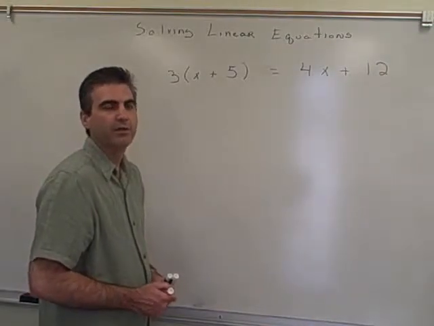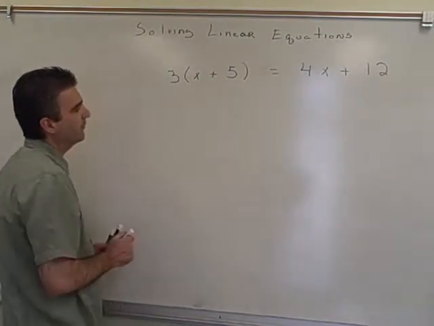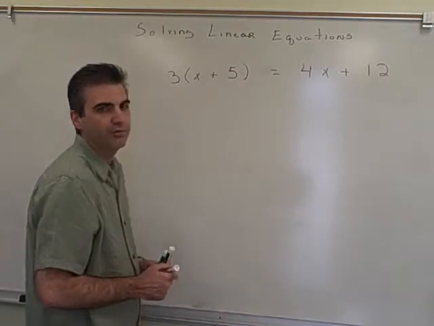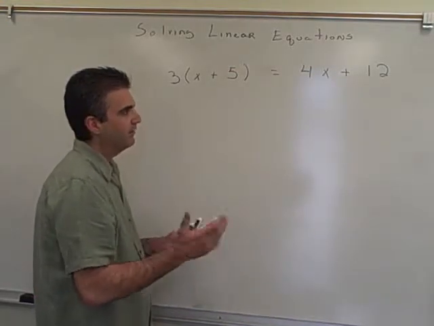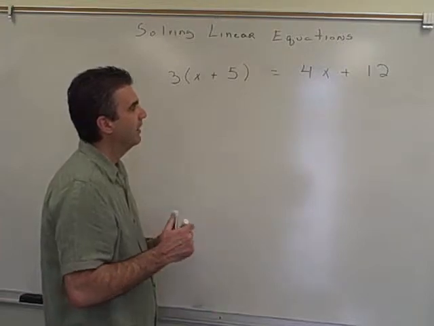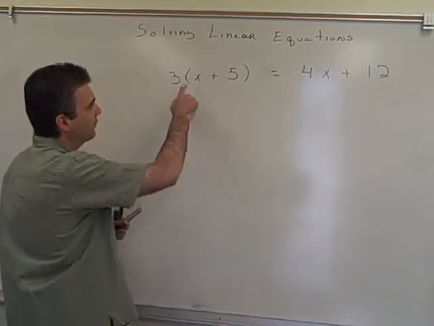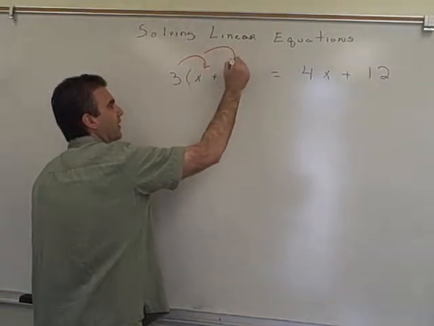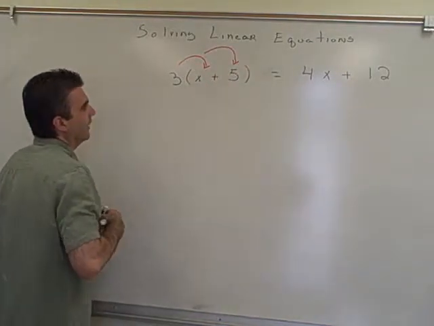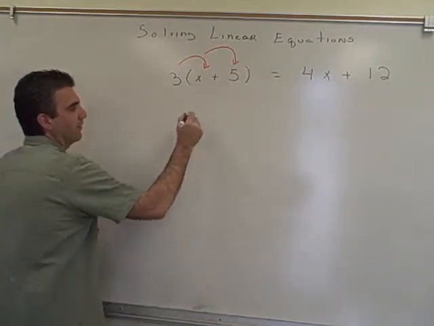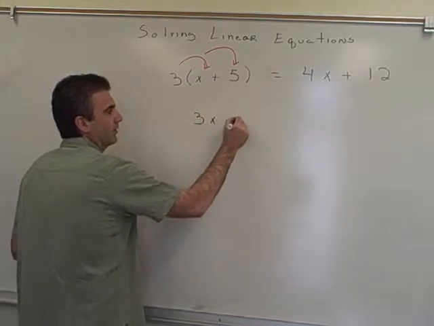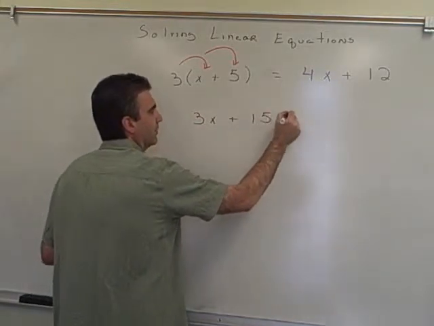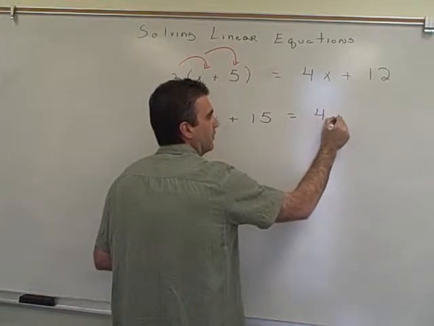Okay, for our next linear equation, we'll try this one: 3 times the quantity x plus 5 is equal to 4x plus 12. In this case, before we start our balancing game and using the principle of equality, we need to distribute this 3. So we're going to distribute it through. I'll draw little arrows to indicate the distribution. And 3 times the quantity x plus 5 is going to be 3x plus 15,